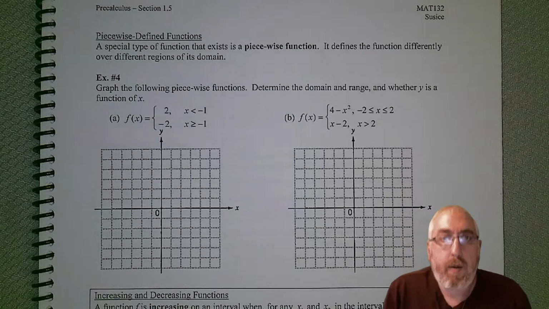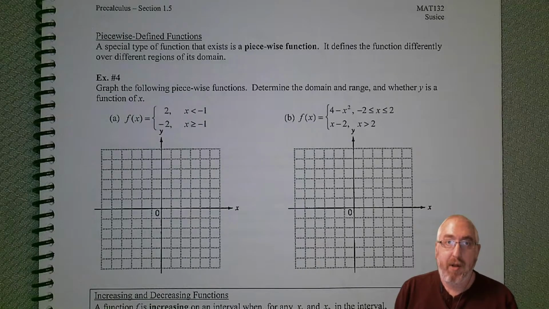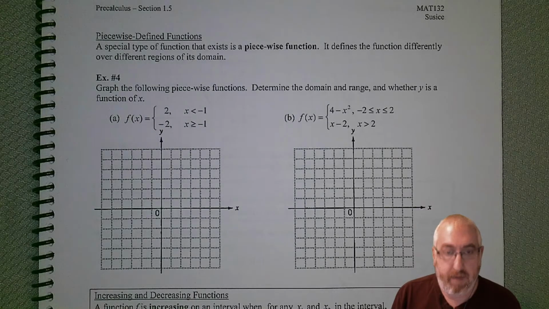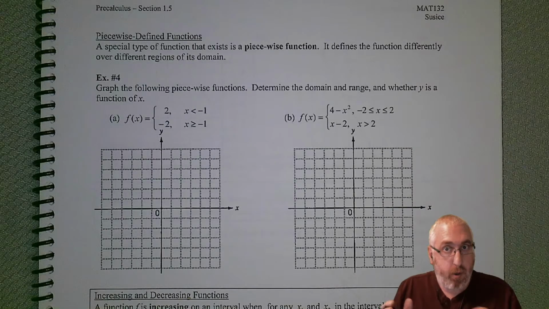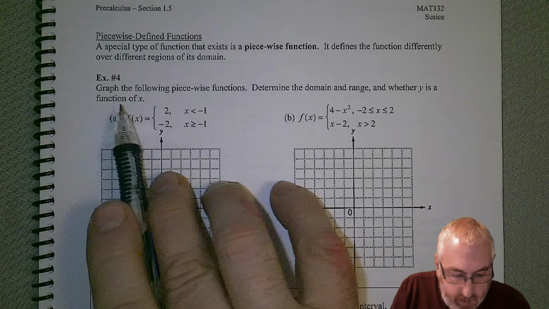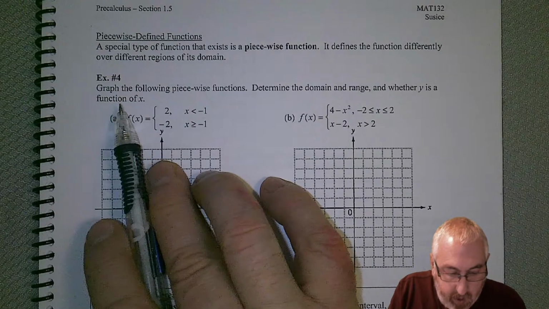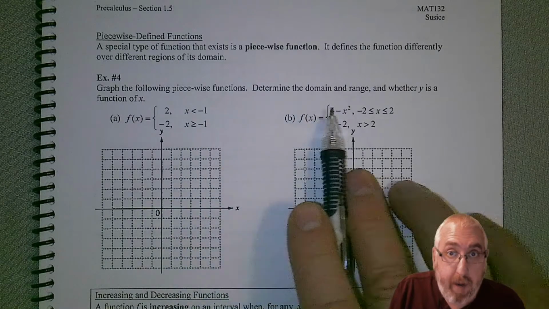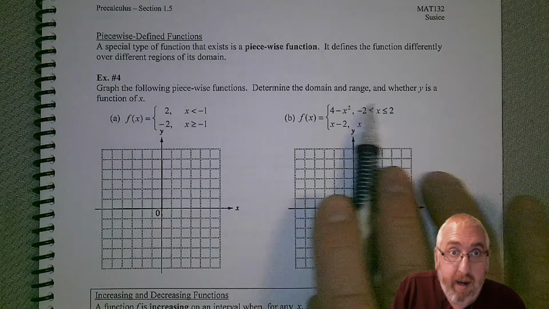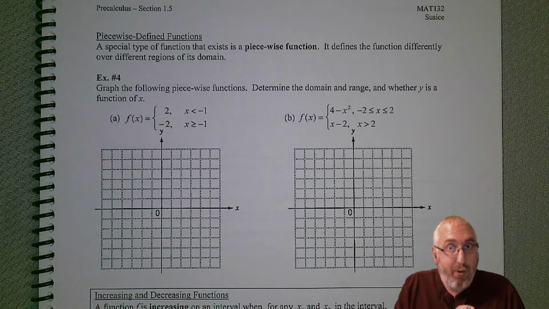Welcome back. We are still in 1.5 and we're now going to be looking at piecewise defined functions. So again, these ones look different on different parts of their domain. So for example 4, we are looking at graphing our piecewise functions. So we want to determine the domain and the range and whether y is a function of x. So remember, once we have the graph, we can use our new tool of the vertical line test to check